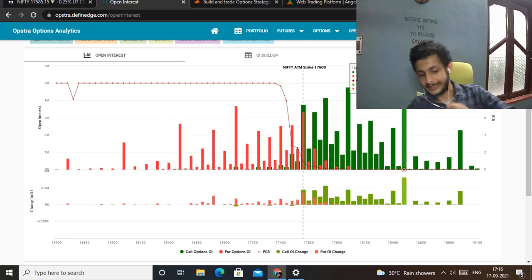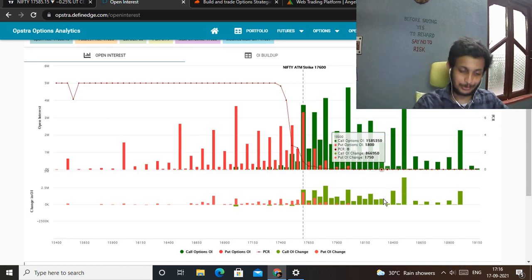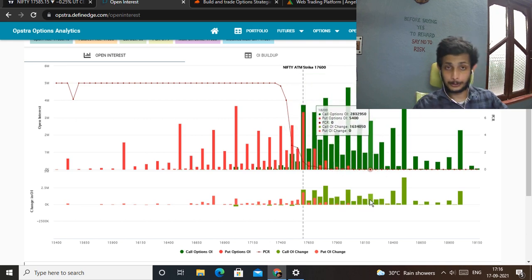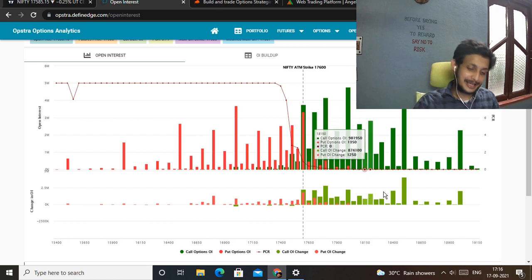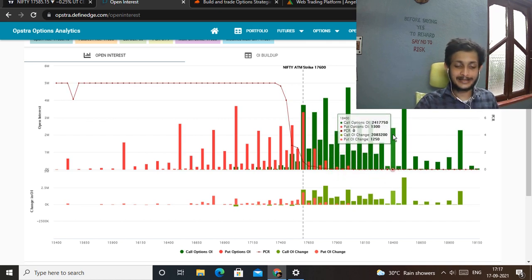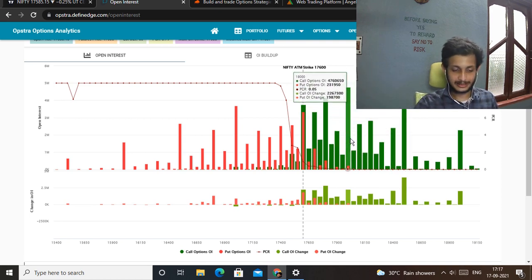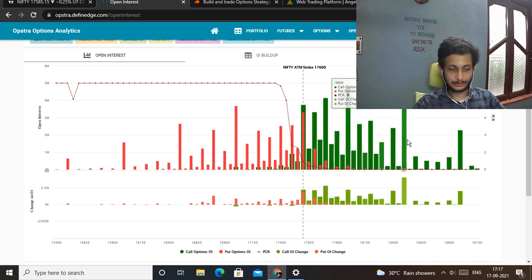The high put writing, I mean the high OI that you can see here, is just due to hedging. People who are trying to sell options here, hedgers, retailers like us who are trying to get some margin benefit and sell options at a lesser price, are hedging their positions. Therefore they are buying an option at a far out of the money strike. They are selling options here and buying an option on the same underlying at a different strike price. Someone who is selling the 18,000 call is buying some 18,500 calls right here for hedging purposes, and also to ensure that they get a margin benefit while selling those options.